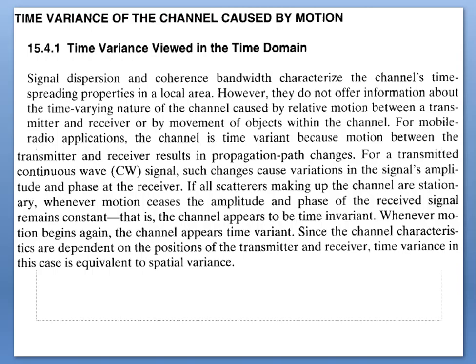For mobile radio applications, the channel is time variant because motion between the transmitter and receiver results in propagation path changes. For a transmitted continuous wave signal, such changes cause variations in signal amplitude and phase at the receiver. If all scatterers that make up the channel are stationary,